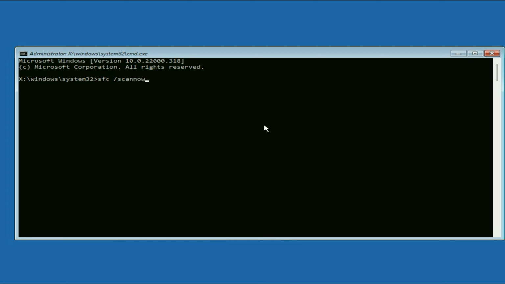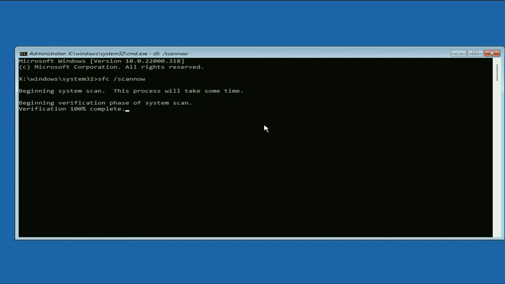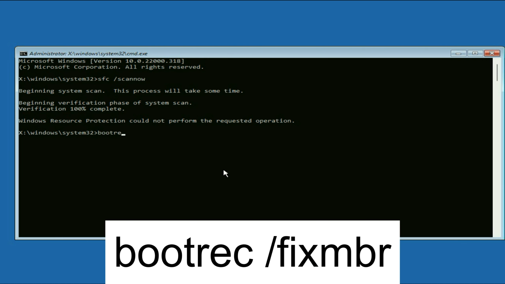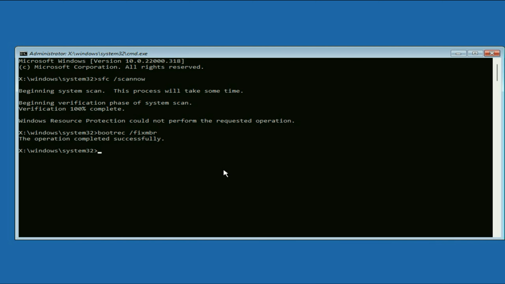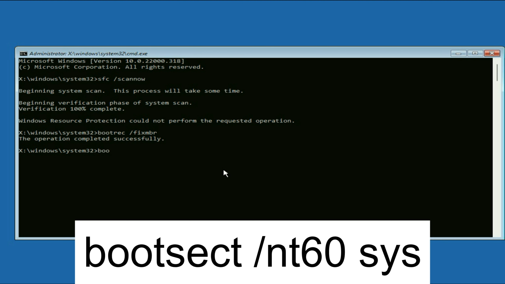So this command will repair or replace all the Windows corrupted files. Press enter, and this process will take around 3 to 5 minutes to complete. Process completed. Now type the next command, bootrec /fixmbr. Press enter. Completed successfully. Now type the next command, bootsect